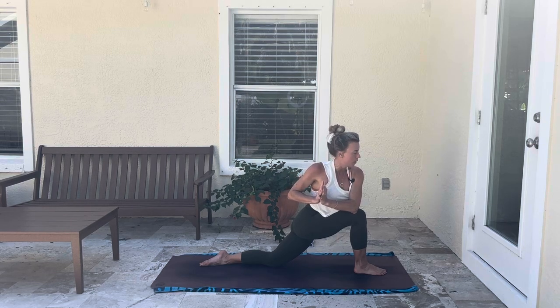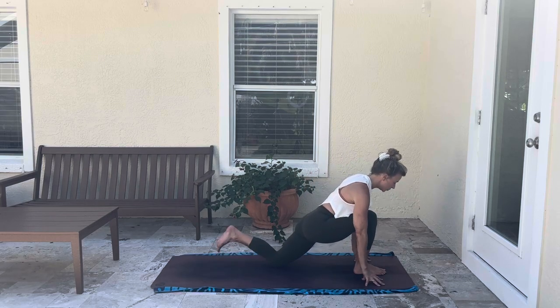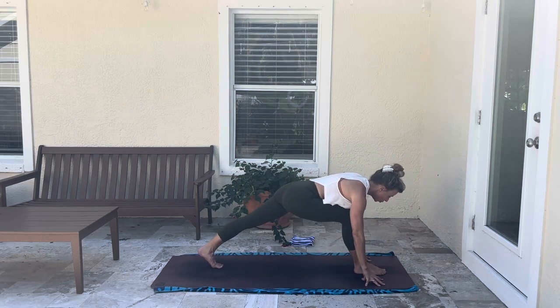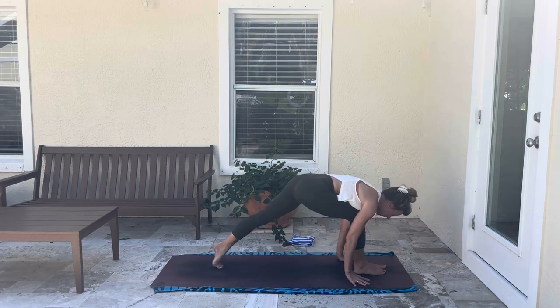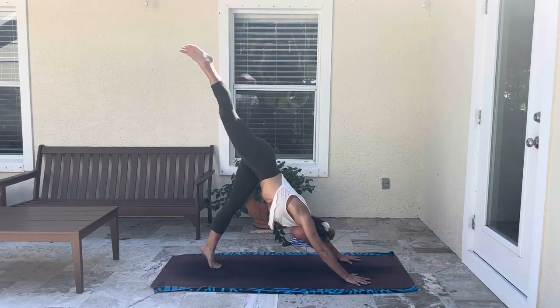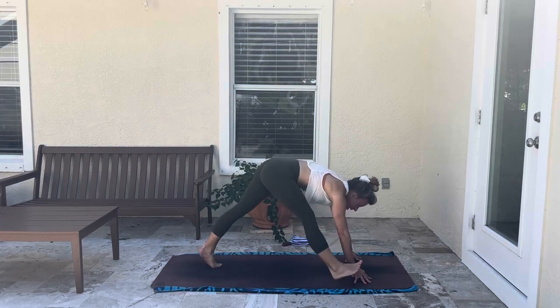As you inhale, look forward. Exhale, release the hands. So watch what we're going to do. Tuck your back toes and lift your back knee. Okay, root your hands down. Inhale, sweep your front leg, your right leg to sky. Inhale. And as you exhale, step your right foot to the outside of your right hand